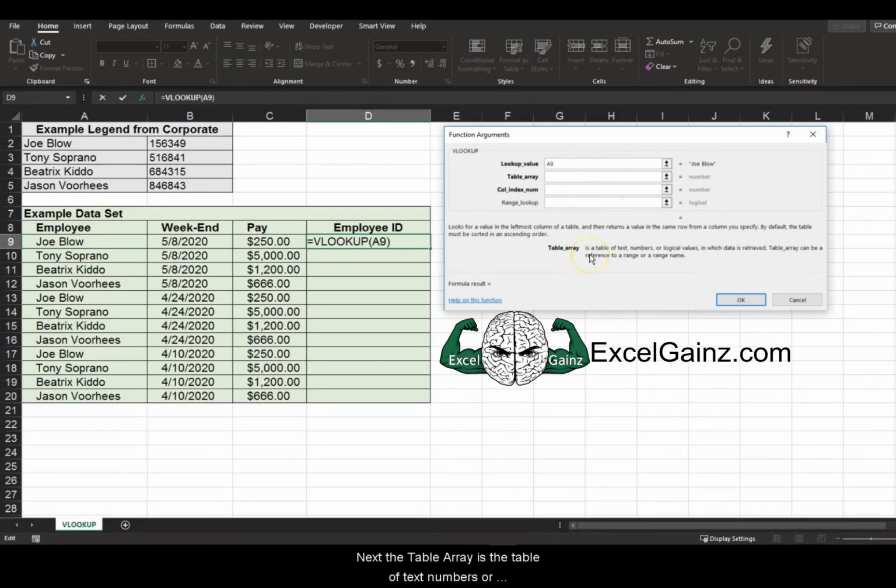Next, the table array is a table of text, numbers, or logical values in which data is retrieved. Where are we retrieving data? The legend from corporate A2 to B5. There we go. The next function argument is the column index number. Okay, 2 columns in this table array. We're looking at the first column and I want to return the second column. So the answer is